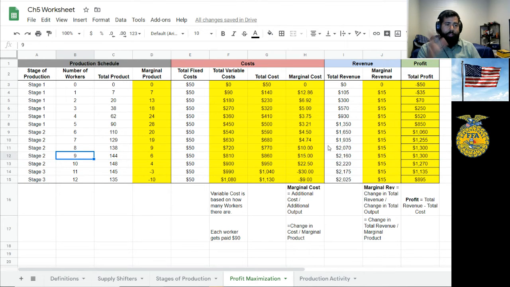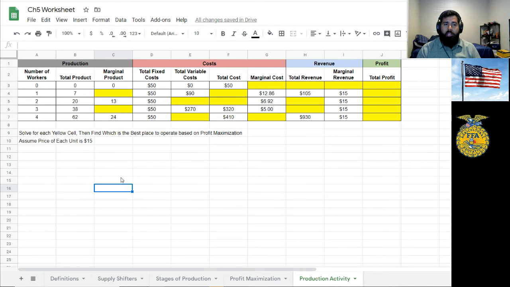Okay, perfect. I know that was a lot to cover, but we made sure that we got it on there. Any questions that you have, we'll zoom it on Thursday. Now it's time for your last activity, which is the production activity. So this right here is essentially the same thing that we just did, but what I want you to do